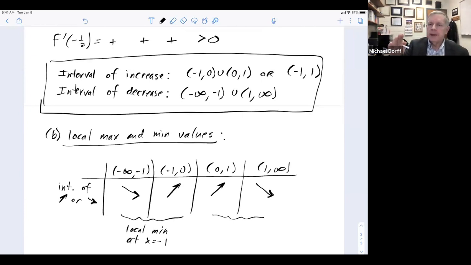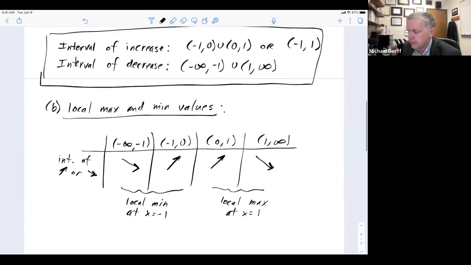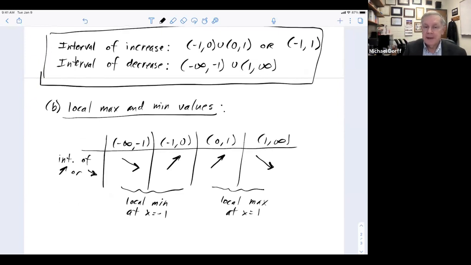So that must be a local max because I'm increasing, decreasing. So there's a local max at x equals 1. Now, the problem asked me to find the local max values. What I found is the x value, but I really need to find the y value, or the f of x value. So the local max value